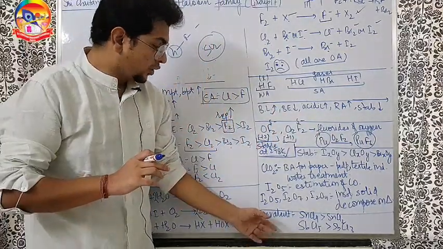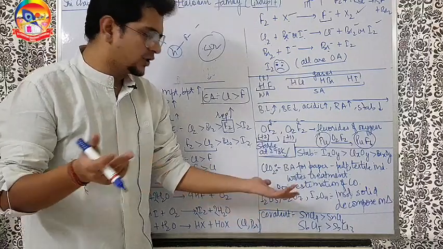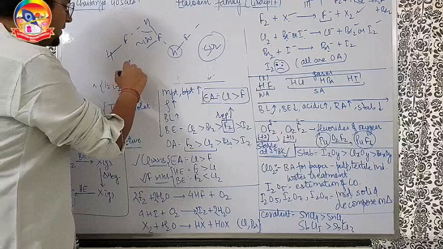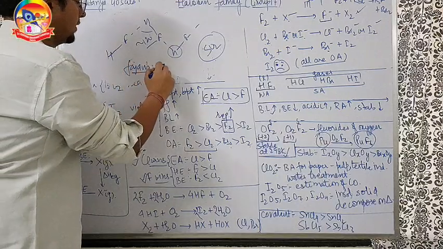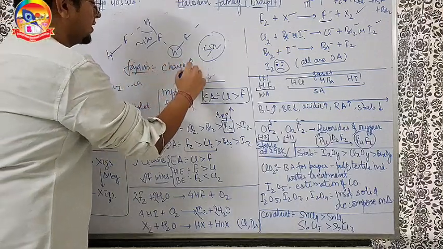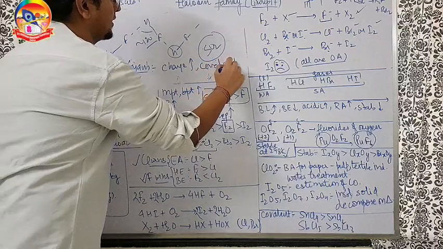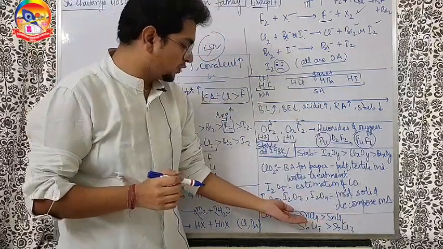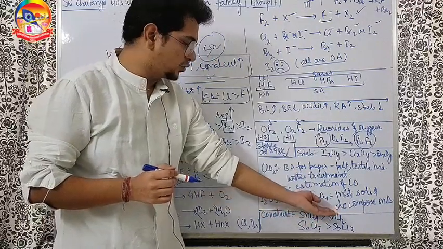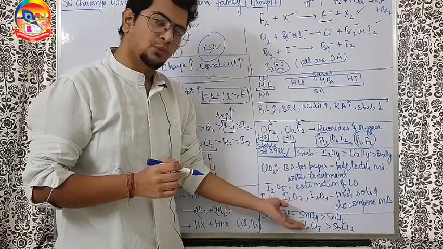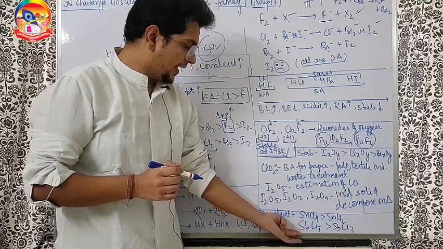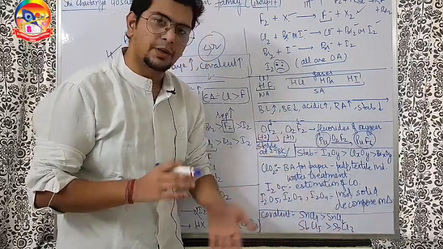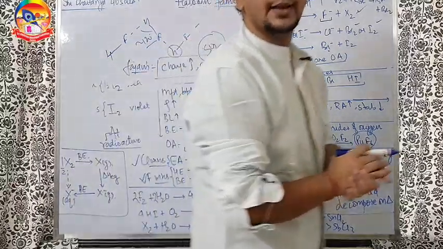Next, when we talk about their halides, in halides you have to just focus upon the Fajans rule. Fajans rule simply says, in simple words, that if the charge or the oxidation state is more, covalent character is more. That is the simplest rule I can use. So SnCl4 and SnCl2: here plus 4, here plus 2. So the plus 4 compound will have more covalent character. SbCl5, SbCl3: plus 5, plus 3, the plus 5 compound will be more covalent. Let's carry on.